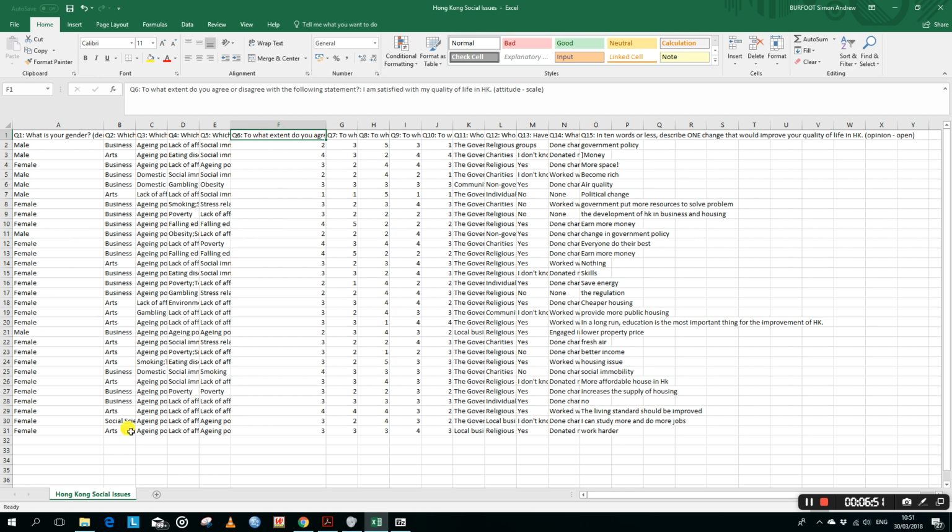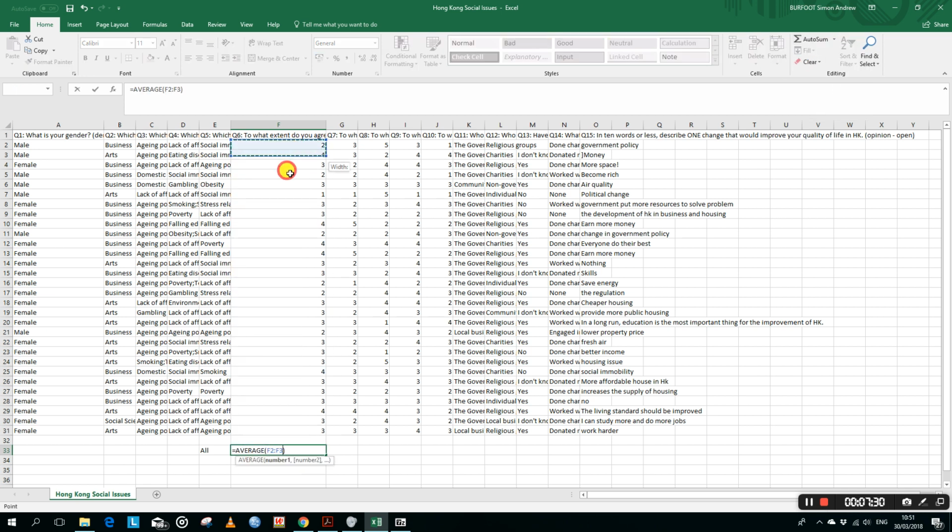Now, like I said before, the proper way to analyze a scale question is to consider the mean score on the scale. So I'm going to go down here to the bottom and start calculating the means for the different groups who've responded to this questionnaire. First of all, I'm going to calculate the mean for all respondents. This is nice and simple. Make sure you're on your Home tab, go up to your Auto Sum button, click on Average,